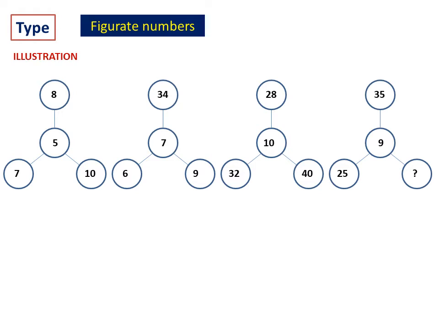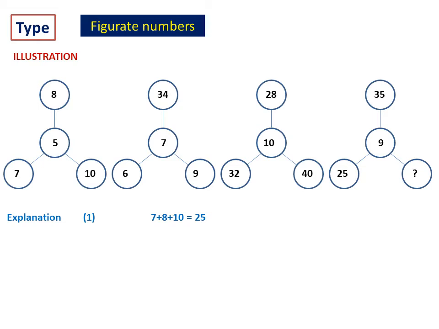See, in the fourth one, sometimes only 3 may be given or 4 may be given. That is not important. What is important is you have to study the first 3 sets of numbers. What is the relationship? And whatever relationship holds true for the first set, that same relation holds true for the second also, same relation holds true for the third also, and the fourth one we have, based on that relation you have to find which number. So here options given are, of course, illustration I have not taken the option.